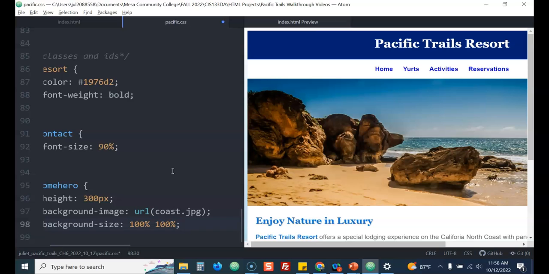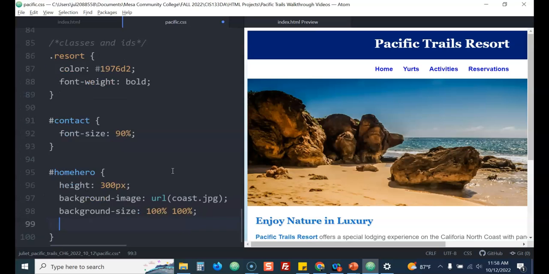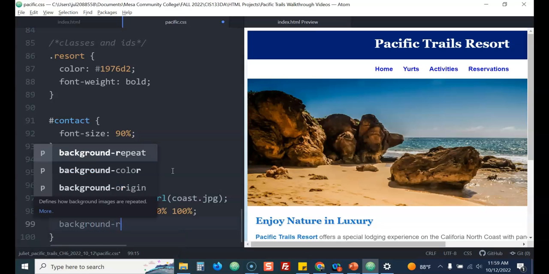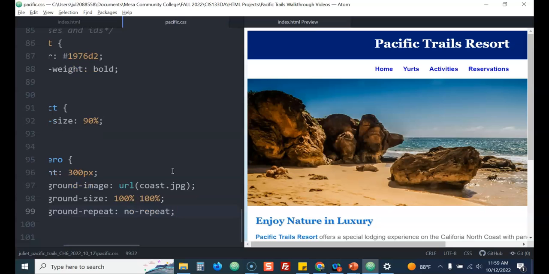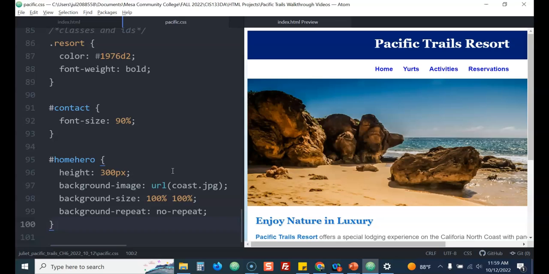Which is kind of counterintuitive to having the background size 100%, 100%, and then its height is actually 300 pixels. But that's okay. And then it says without repeating, so I'll make sure that we have background-repeat: no-repeat, and save that. Okay, so it doesn't really change anything